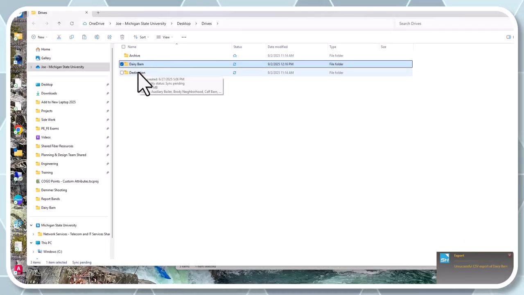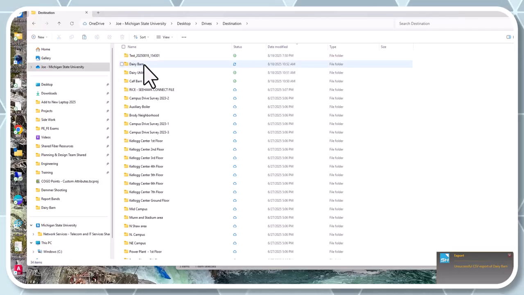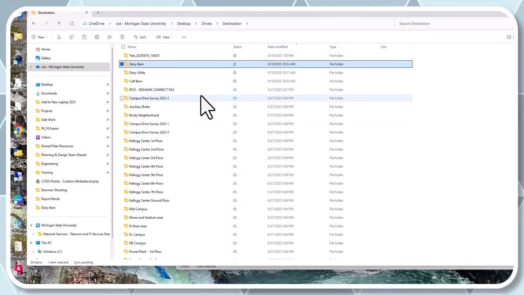It might have got a little upset because I had already a folder with the same name in the destination folder. So I think it didn't like it because there's already this folder over there. But that's what's going to happen, is it will create. And so once it does that,